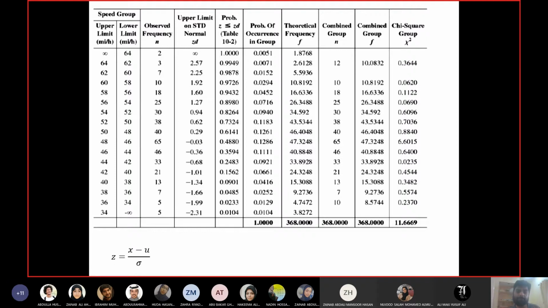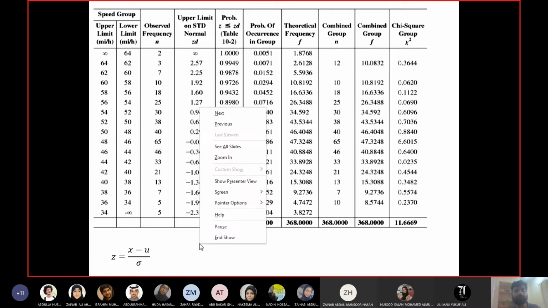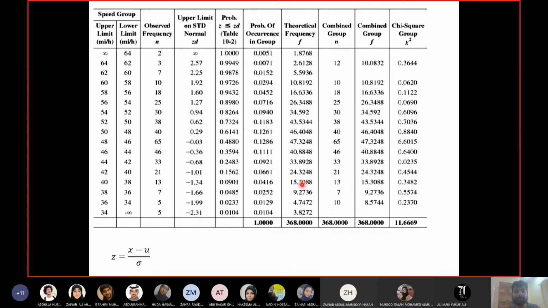You will see the negative numbers there as well, and you can find out the probability of the negative number directly. But in case you just have the z table from the book, which is only having positive numbers, then how can you calculate the probability of the negative number? You will take the complementary probability, which is 1 minus the probability of the positive number. How? For example, the first two negative numbers are 0.03 and 0.36. So how do I find out the probability of minus 0.03 and minus 0.36? Let me show it to you.